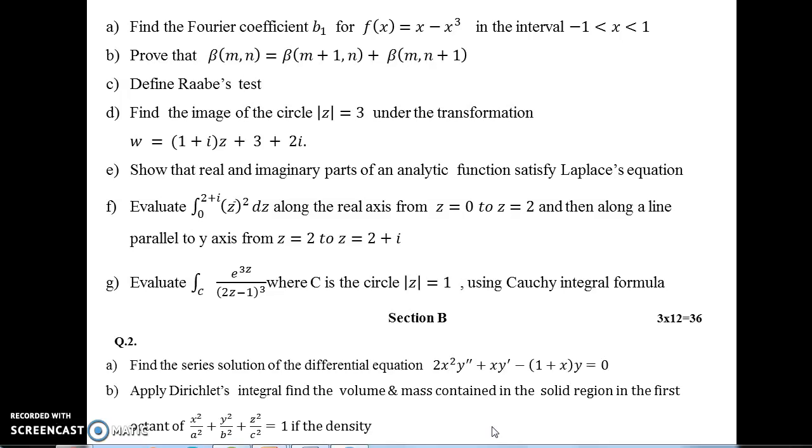In second part, apply the Dirichlet integral, find the volume and mass contained in the solid region in the first octant of x square upon a square plus y square upon b square plus z square upon c square equal to 1. So formula for volume in first octant is triple integration dx dy dz, and mass in first octant is triple integration rho dx dy dz. Apply here Dirichlet formula and then we will solve. Now comes the next part,